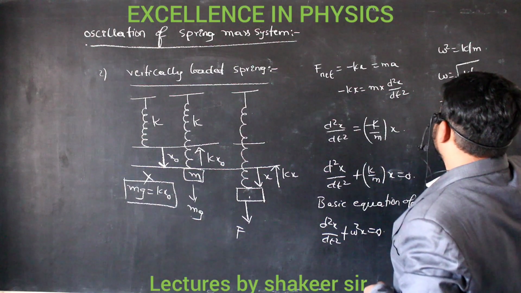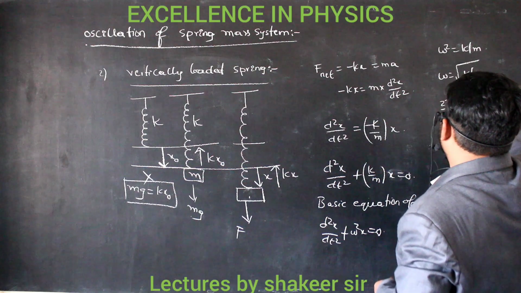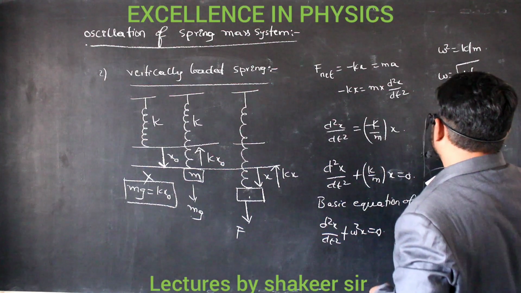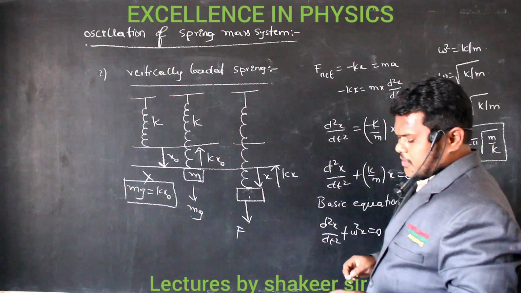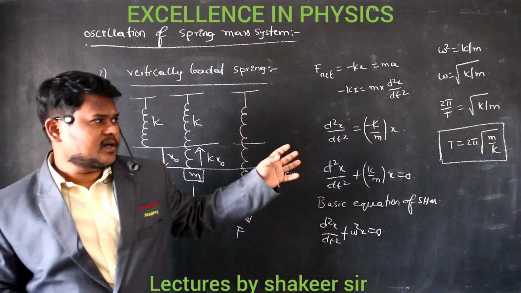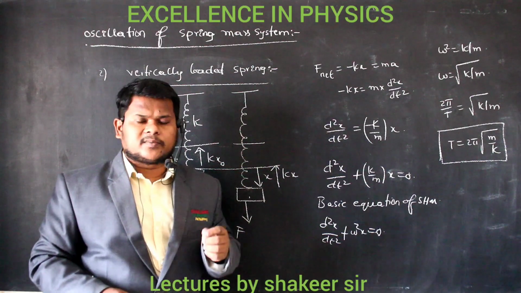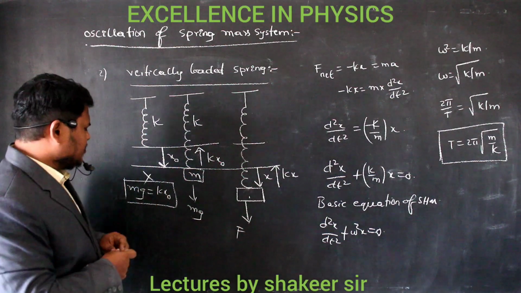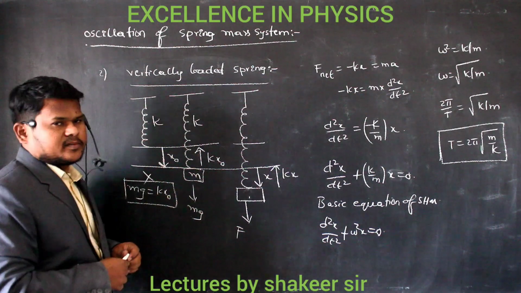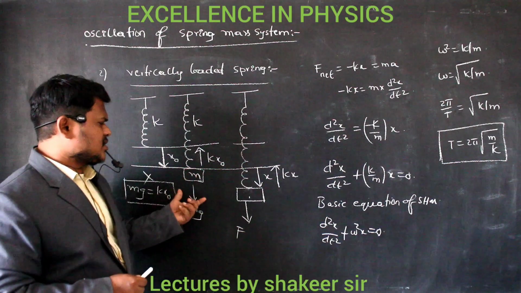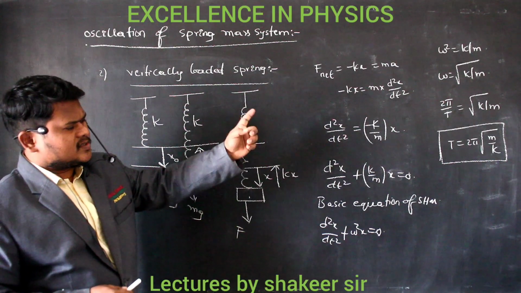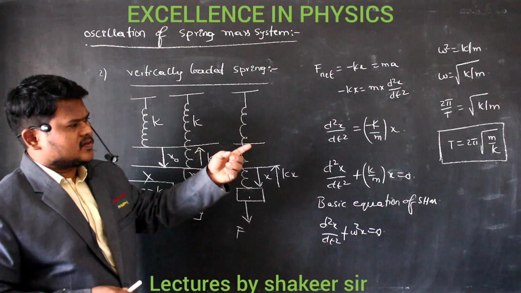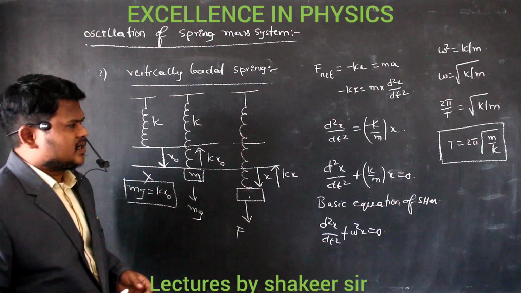Omega can be written as 2 pi by capital T, which is equal to root k divided by m. So T is equal to 2 pi into the square root of m by k. So this is the relation which we got. Clear? For a horizontally loaded spring also we got the same relation, T is equal to 2 pi root m by k. For a vertically loaded spring also we got the same relation. It means that there is no effect of mg equal to kx naught. Clear? So whatever may be the mass attached to the spring, the time period of a horizontally loaded spring and a vertically loaded spring always remains the same for the same mass. So T is equal to 2 pi root m by k. That is our answer.